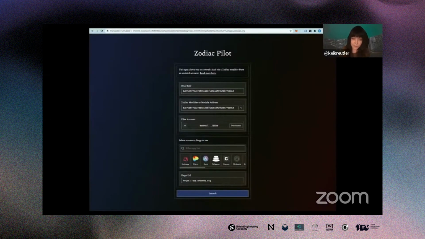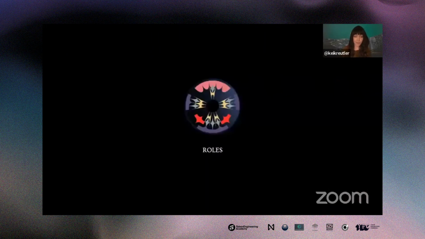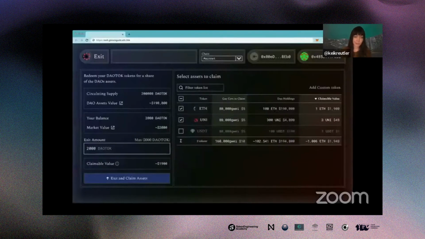Our upcoming work also includes Zodiac Pilot. So a little teaser here. Using the Pilot, you won't need to manually craft transactions for your DAO proposals any longer. Instead, you can use your favorite dApp UIs to generate transaction data for your DAO transactions. That will be of particular use combined with the upcoming Zodiac Roles mod, which will bring more granular permissions to the Gnosis Safe and signer permissions. Plus, on top of that, there will be a soon-to-be released standalone app for the Exit mod, allowing members to redeem their funds from DAOs standalone.